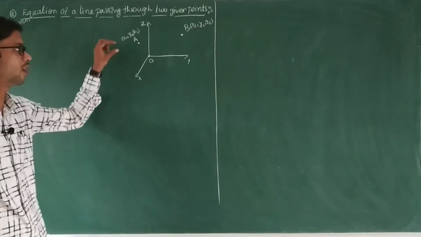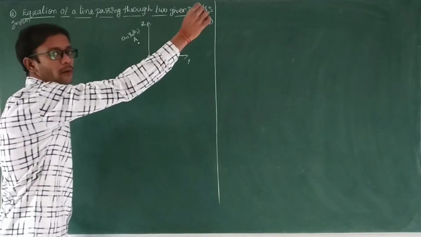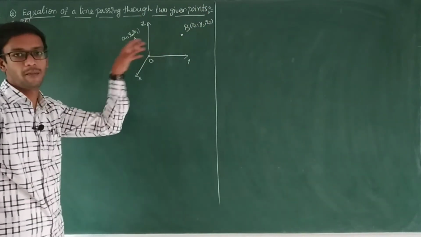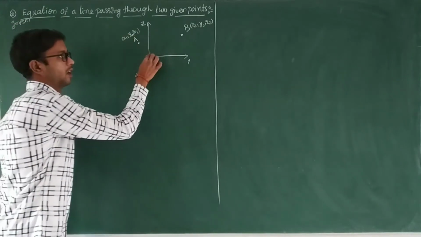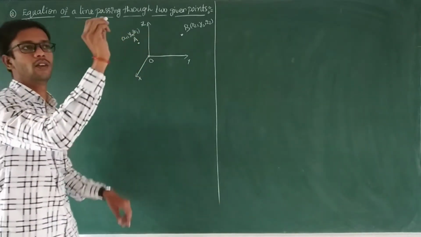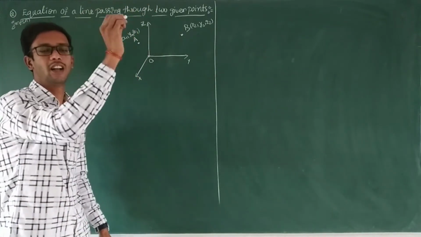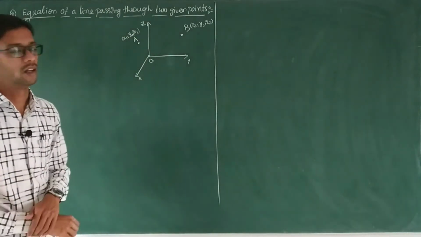Actually, space means what? These 2 points are in space. For example, here is one point and another point is here. Not on the plane. Actually, this x-axis will be like perpendicular, so outside of the board you will get it. So the points are also in space. We can't imagine this one, so that's why we are plotting on the board only.